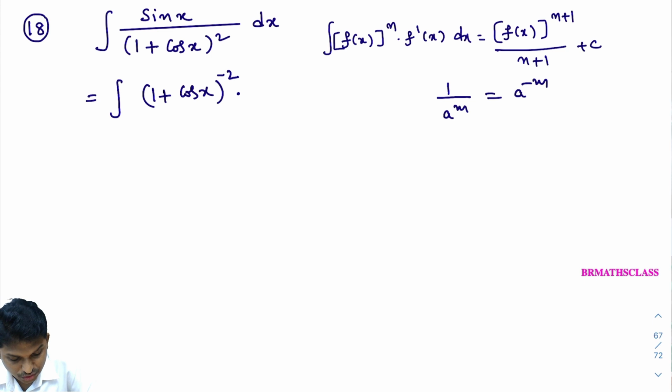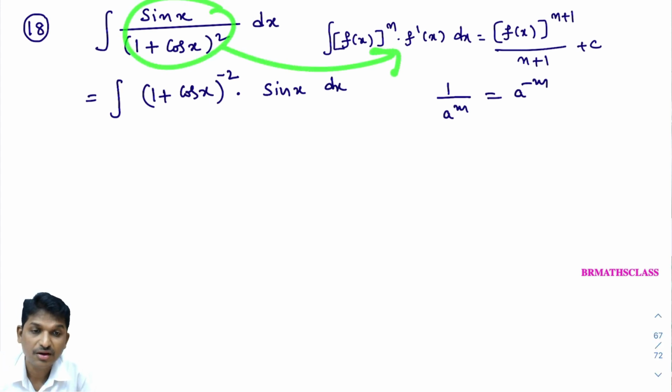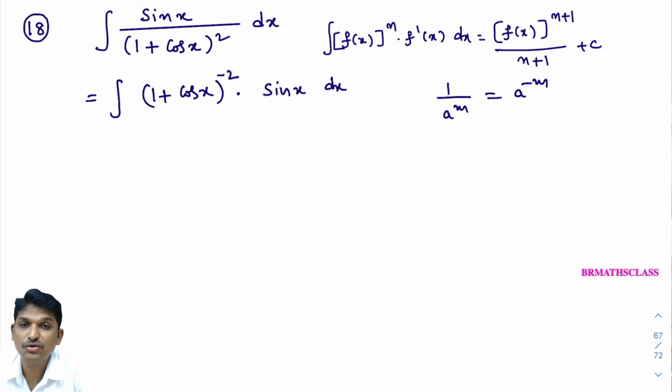Okay. Into, here what is remaining? Sin x is there, na? That sin x I'll write. Why am I writing like this? Just to get this problem into this form. Okay. Right. So, that equal to,